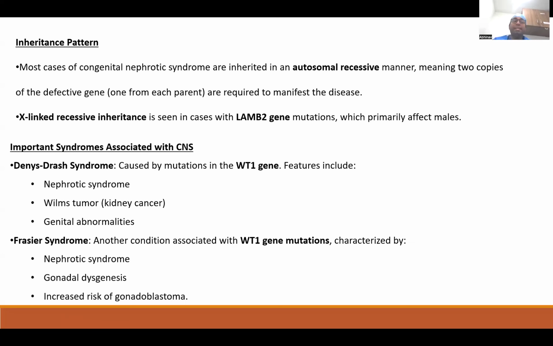With regards to the inheritance pattern of congenital nephrotic syndrome, they are inherited in an autosomal recessive manner except for LAMB2 gene mutation, which is inherited in an X-linked recessive manner. Remember, most common is autosomal recessive. And two important syndromes with congenital nephrotic syndrome are Denys-Drash